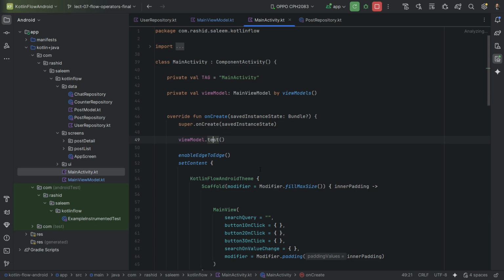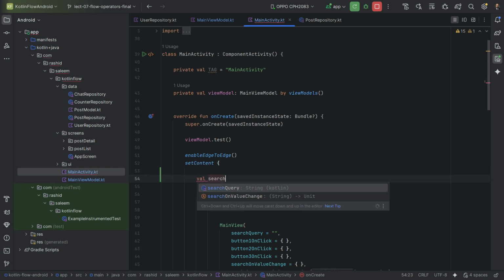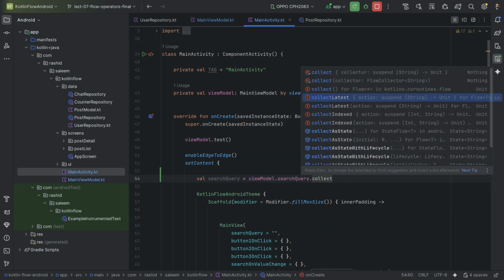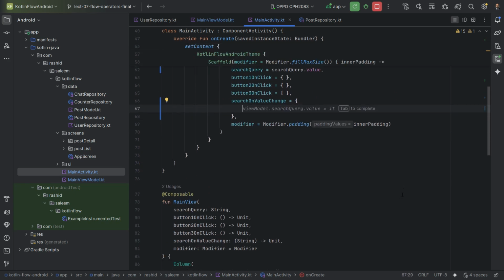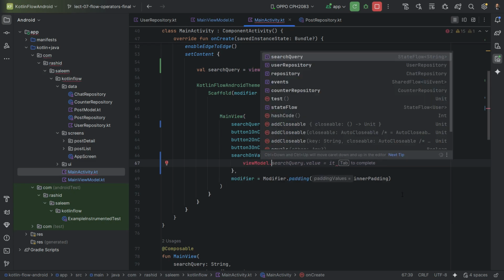main activity in here I will get that variable search query is equal to view model dot search query collect as state with lifecycle, and assign this to this variable search query dot value. And whenever the user types anything in the text field, then this method will be triggered. So when this is triggered, then we want to update the search query. So view model dot